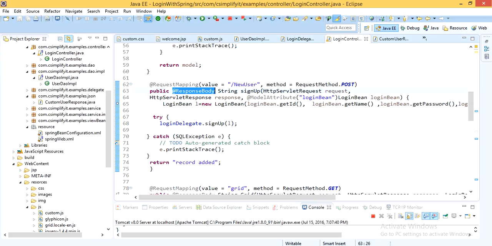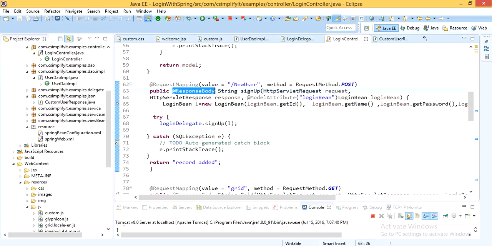JSON means only string. We have to show it on the browser and send data in the form of a string, and retrieve also in the form of string. Okay, this is sign up.